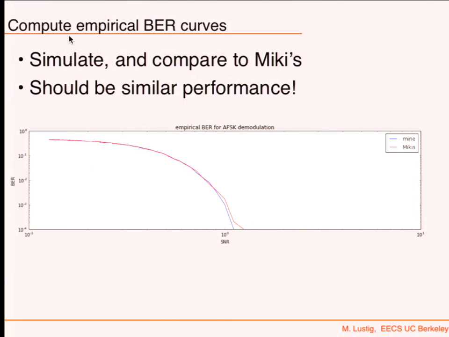Okay. Then what you're going to do is compute empirical bit error rate curves. So now you're going to simulate adding different noise levels, and basically, this curve shows the different noise levels. So here is very low noise. And this is the bit error rate, and it's a log-log curve. And you can see that when the noise becomes significant, you're getting a bit error rate of half. It means that you have no information. You don't know if the bit is right or not. It's always 50%. It's like flipping a coin. You could just flip a coin and not receive anything, pretty much.